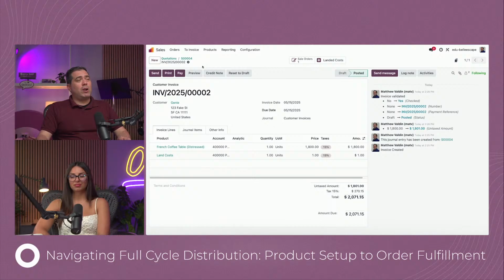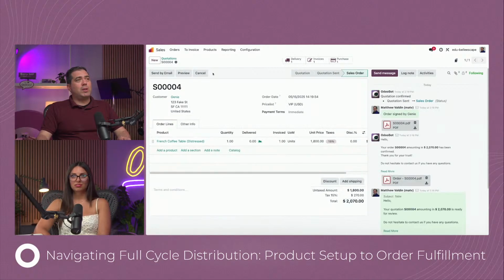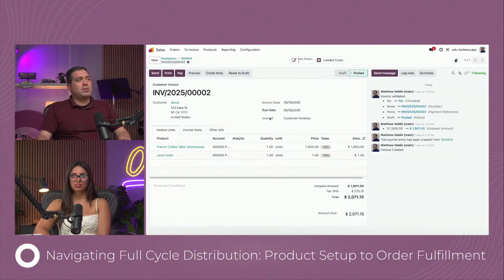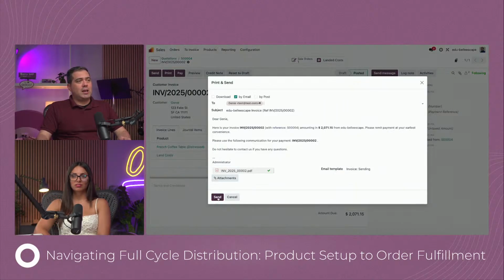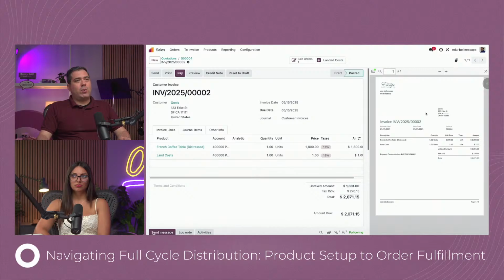We have created our invoice. And we could then go back to the invoice and send it out to our customer, by hitting send right over there. And now the invoice is sent out to our customer. Nice. So now that that is done,